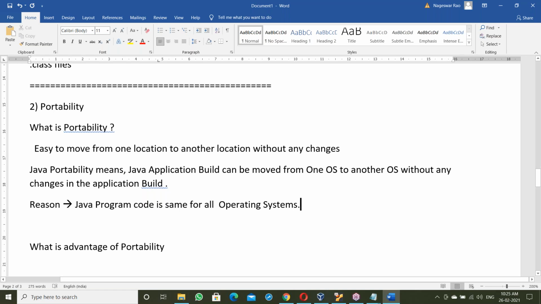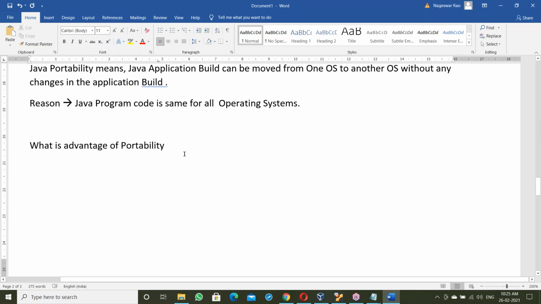Now here, see, Naresh: C program is OS dependent. A C program for Windows is different from Linux, and C++ for Windows is different from Linux. C and C++ code is OS dependent. But Python code and Java code are the same for all operating systems.